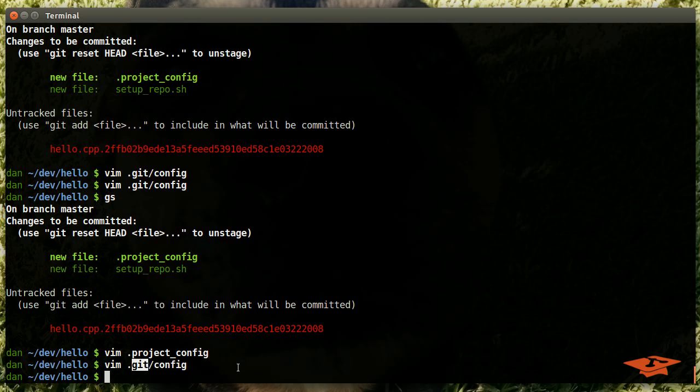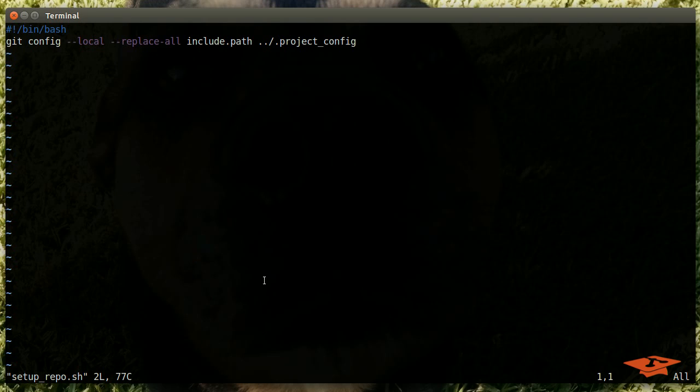It's pretty simple. We essentially define the aliases in .projectconfig, and then we establish a link between .projectconfig and .git/config using a setup repo script, which essentially just creates an include mechanism so that .git/config points to .projectconfig. So if we look at setup_repo.sh here, all it's doing, this is just a simple one-liner, where we're saying we want to add to the local git config the replacement of any entry called include.path and make it